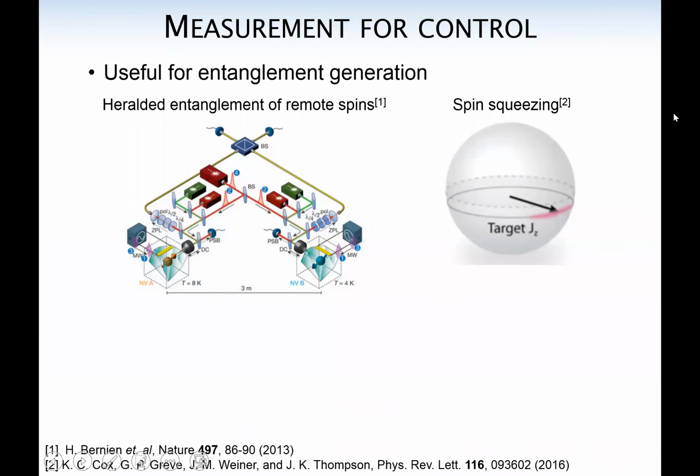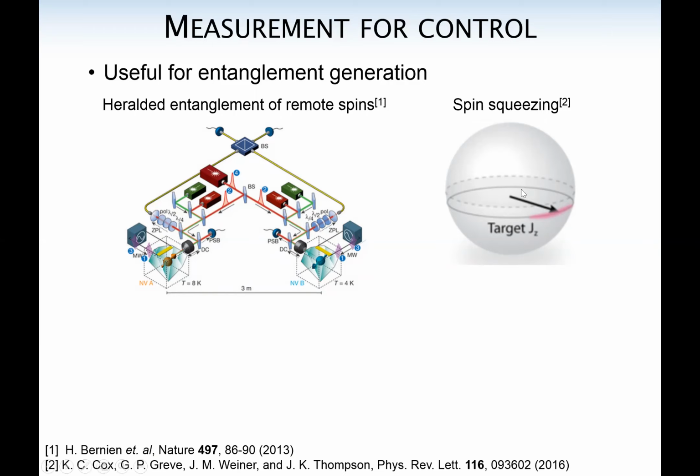Well, it's in the context of using measurement for entanglement generation. And that'll be the broad topic of what I'll talk about today. So among the many applications of measurement, one of the somewhat more subtle applications is the generation of entanglement for weakly or non-interacting quantum systems. So for example, in the setup that I've shown here, this is a common setup for creating heralded entanglement between remote spins. This is actually the method that was used to implement the first loophole-free violation of Bell's inequality, for example. So that's a good way to make Bell pairs.